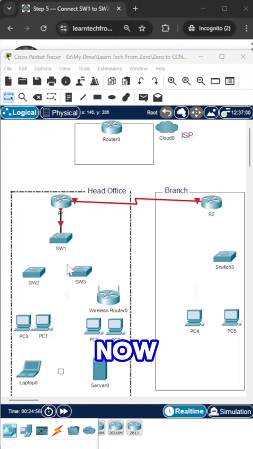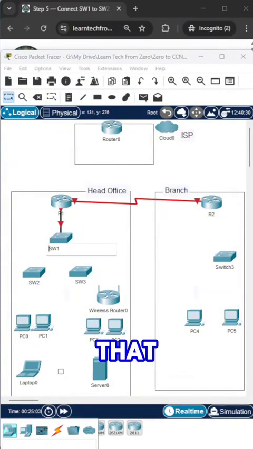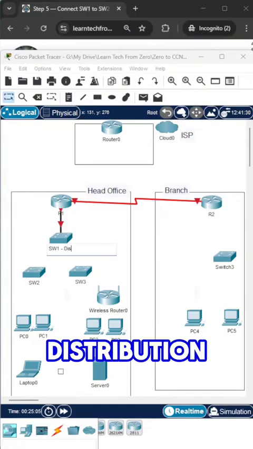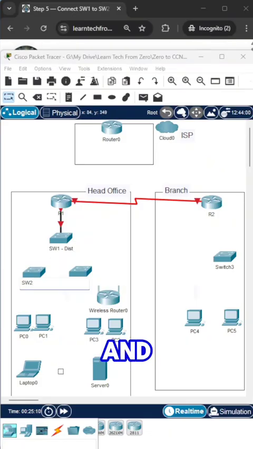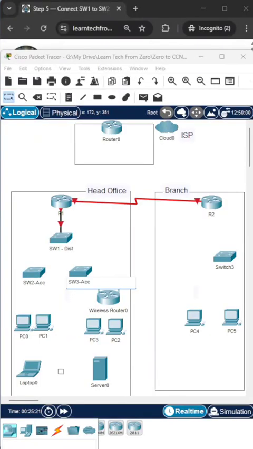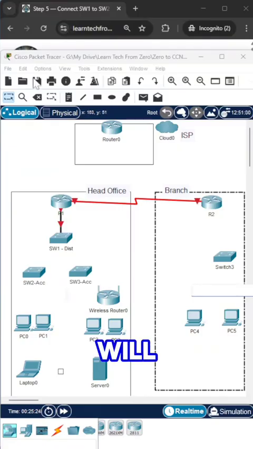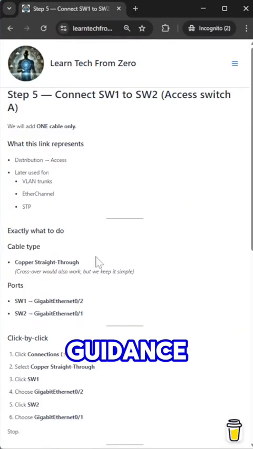Okay, so right now what we are doing is we'll be connecting those devices. So this is a distribution. What we'll do is we'll just rename it, so dist should tell you that it's a distribution, and let's say this one would say access, for accessing internet. All right, so what we'll do is we will use a cable to connect. So if you go to the guidance, it says that